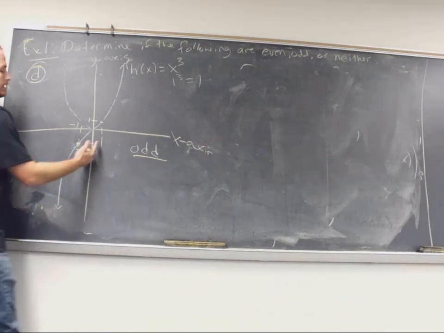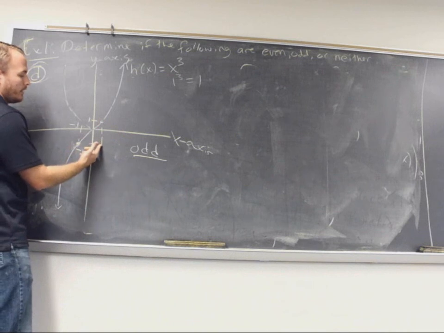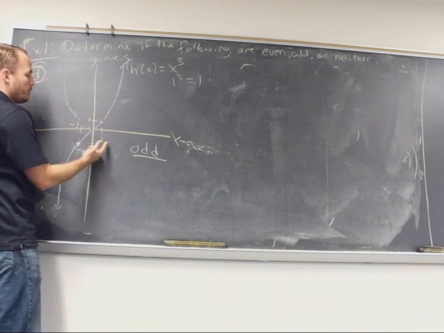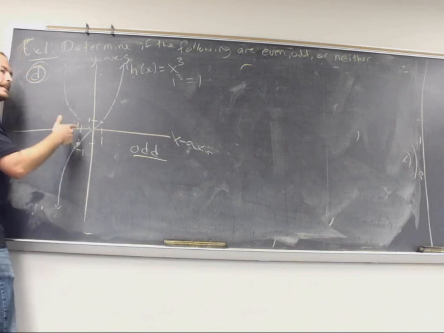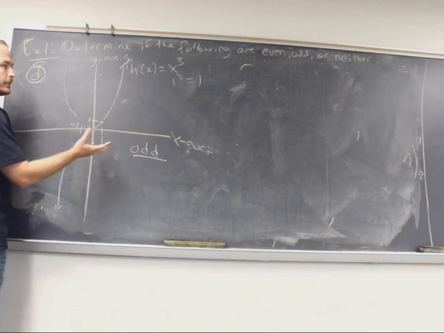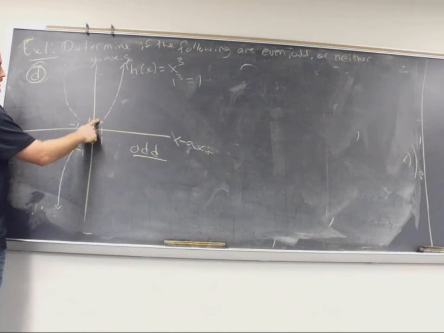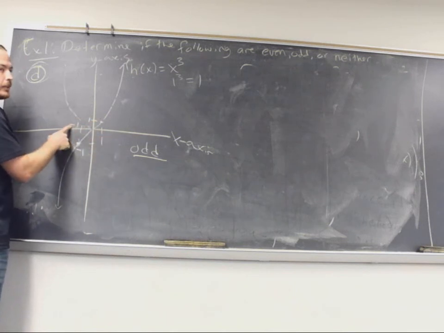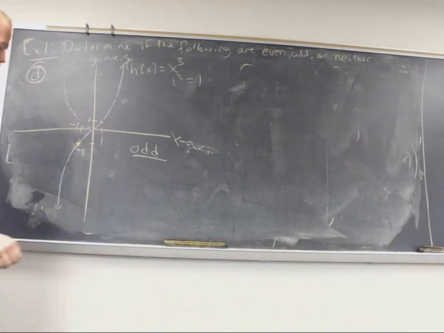So what's happening is I take the original function, or I take the positive x, I should say, and plug it in, and I get the positive of the 1. But if I plug in the negative 1, I get negative 1, or it's the negative. So relating it to the previous examples and plugging in negative x, if I have 1, I get the positive of 1. I get the same thing. If I plug in the negative of my x value, it changes. It's not the same y value as before. All right, so